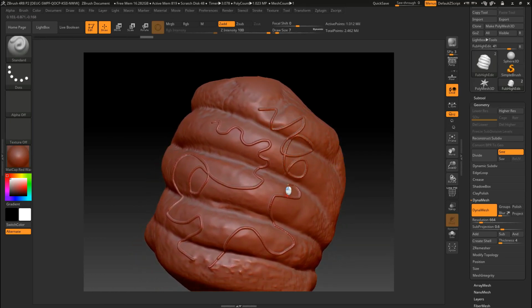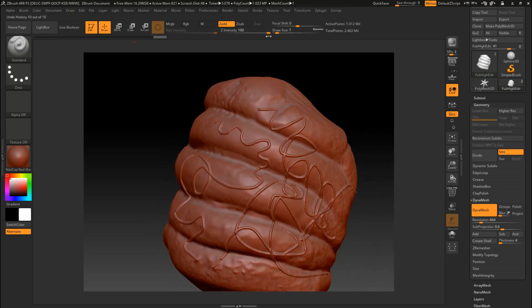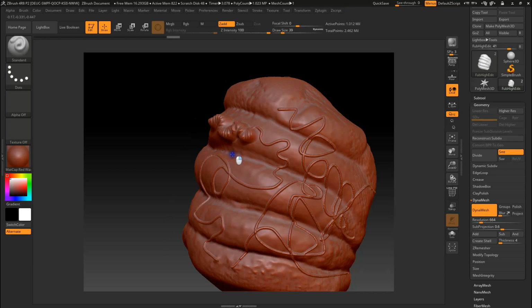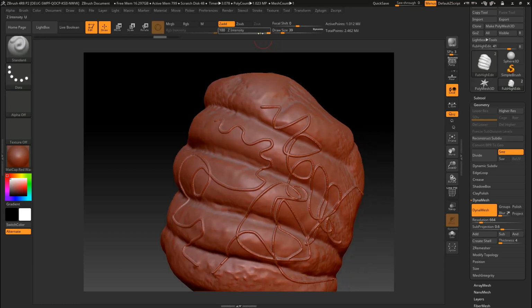So I do lots of crazy squiggles, and let's do some bigger ones. Well, that's probably a bit much. Some more bumpy sort of ones here,